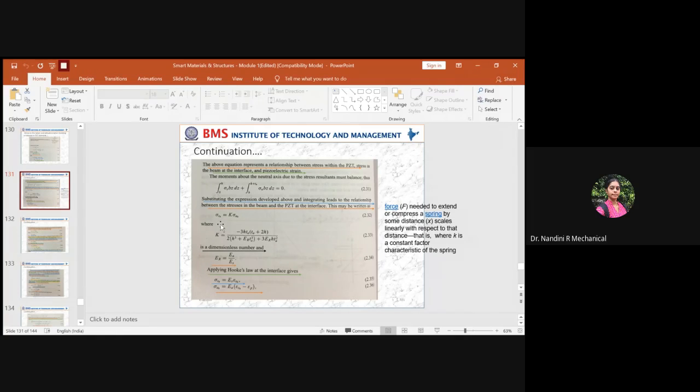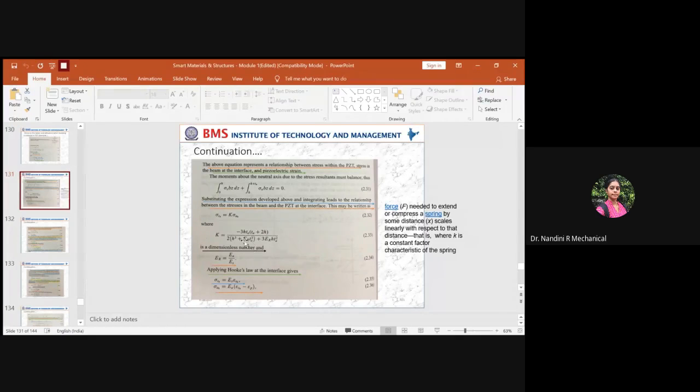So to get a relation across the stress in the structure and the beam, across the interface, this will be the equation. In this equation, K is the constant or the proportionality symbol which doesn't have any unit. So it is a dimensionless number. And the value of this K, which is the constant, is equal to this much. This constant is again basically a derivation. It has some lengthy process. All those are not in the syllabus.